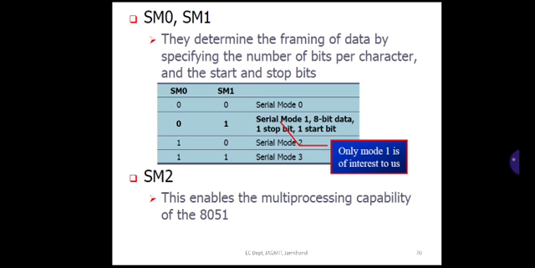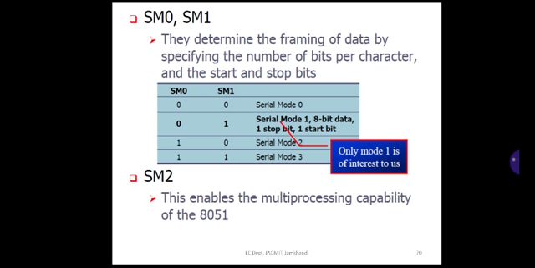In the SCON register, when serial mode 1 is chosen, the data framing is 8 bits. It consists of 1 stop bit and 1 start bit, which makes it compatible with the COM port of IBM compatible PCs. Other than this, serial mode 1 also allows the baud rate to be variable. That is, whatever baud rates we have seen, different baud rates can be used. That is set by timer 1 of the 8051.